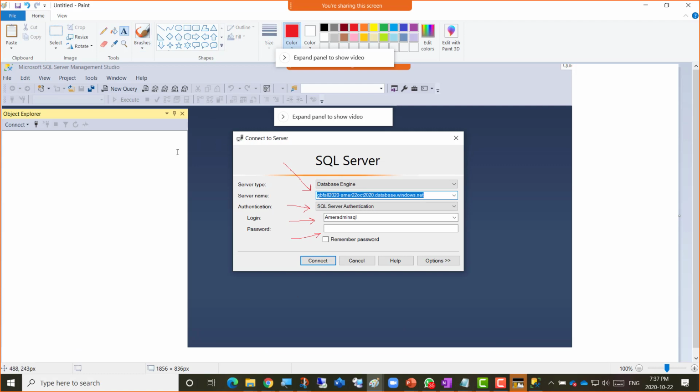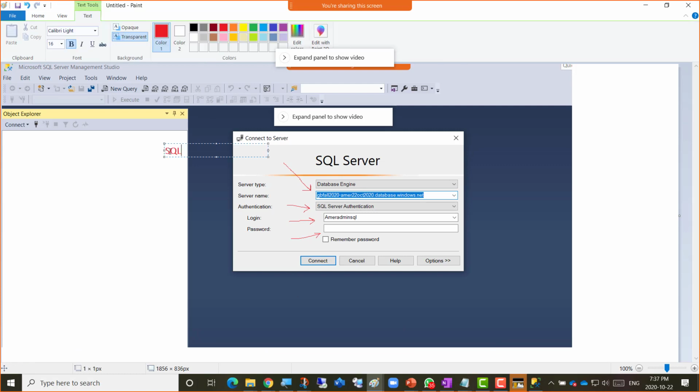So here, SQL server global name, and this one is just the authentication, right? So keep it SQL authentication,